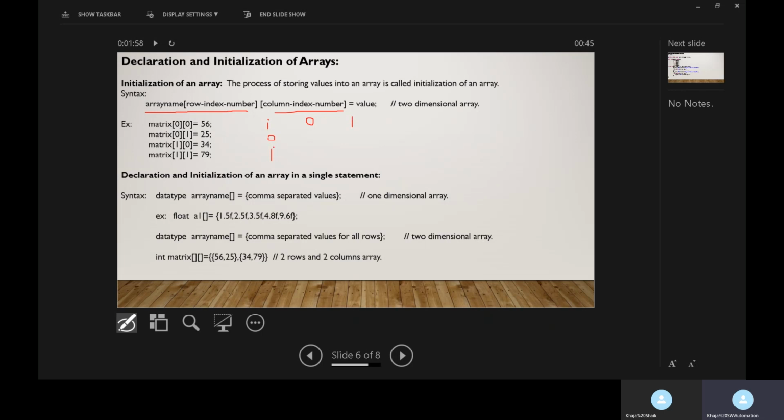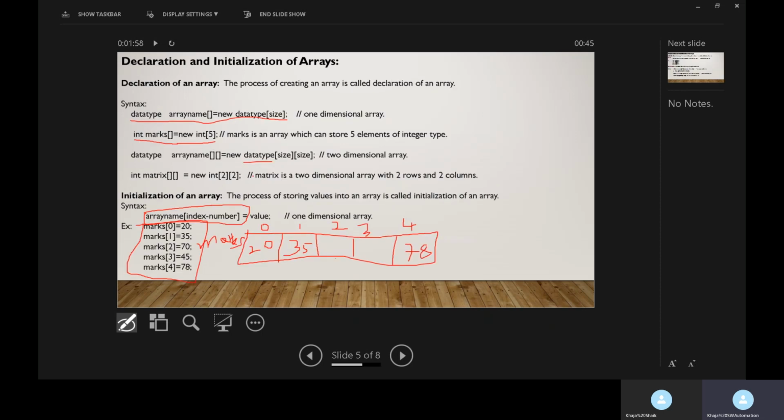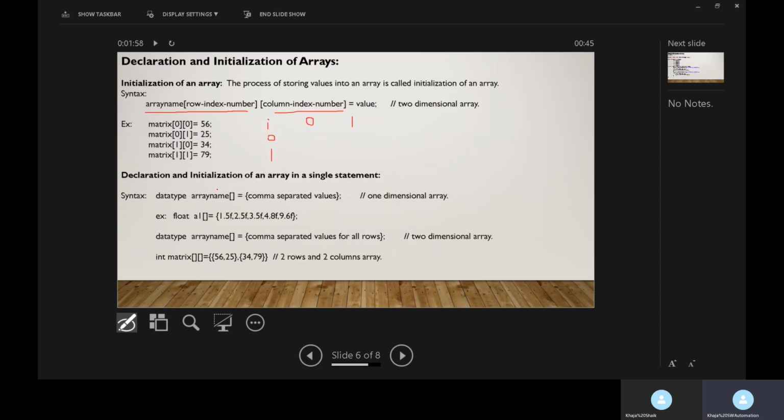So 2 rows, 2 columns. We have created a two-dimensional array with 2 rows and 2 columns. In 0th row and 0th column, I am storing value 56, and in 0th row and first column, I am storing 25.